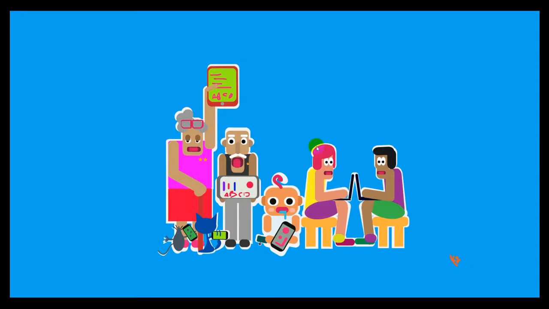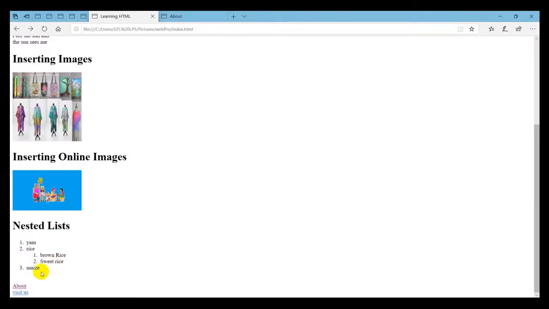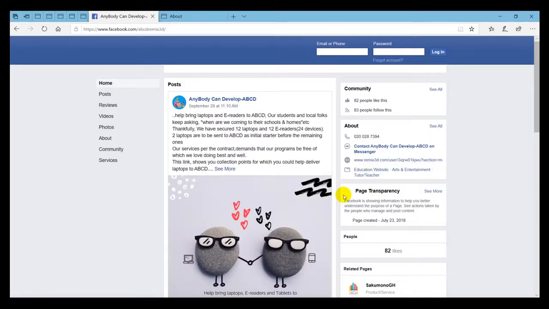So, today we'll be learning to link pages. So you link your website or your page to an external page. As you see here, when I click on the visitors, it opens this page. So let's try that